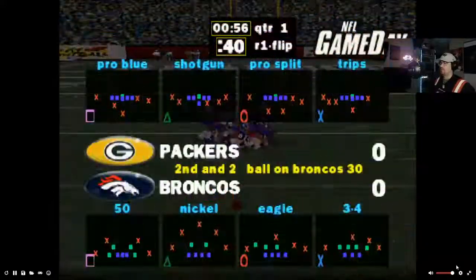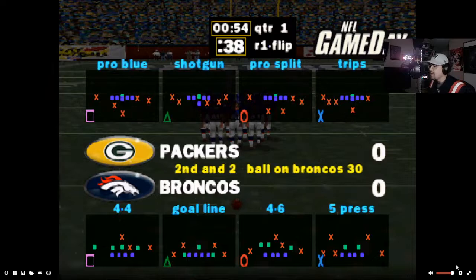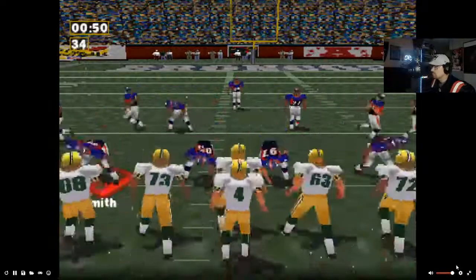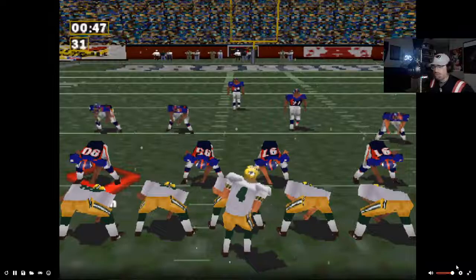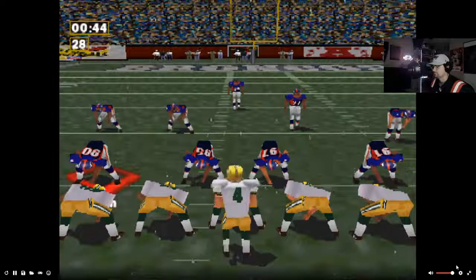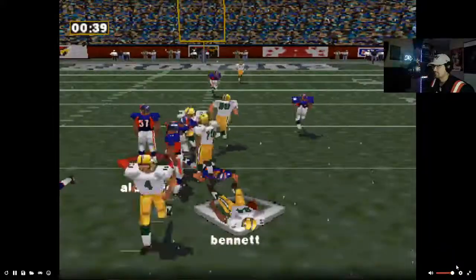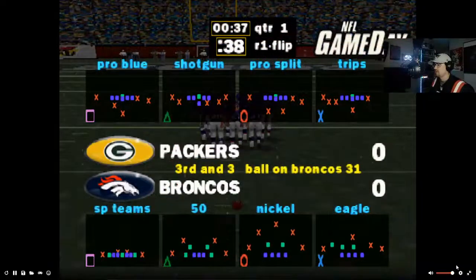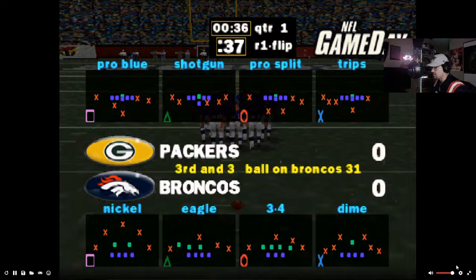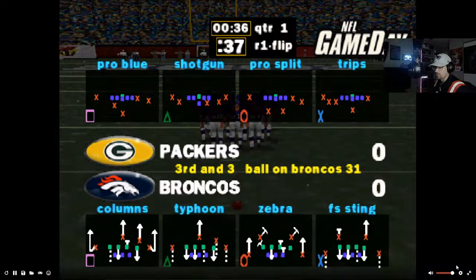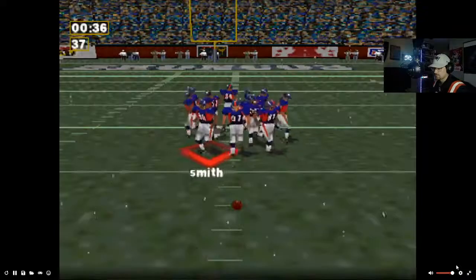8-yard gain on the run. Second and 2. Green 47. Hot. Nice. Third and 3.